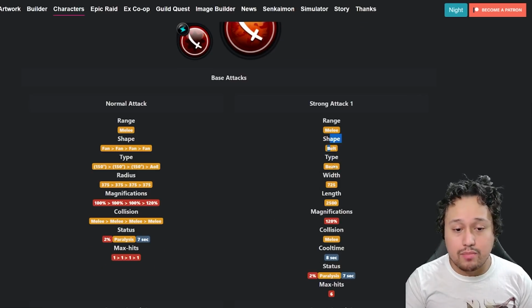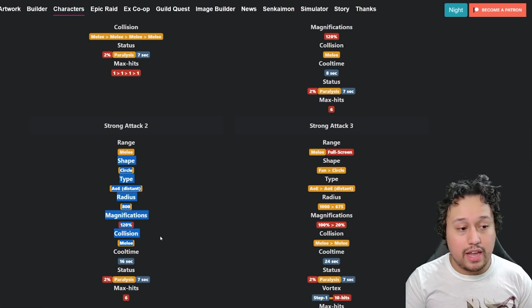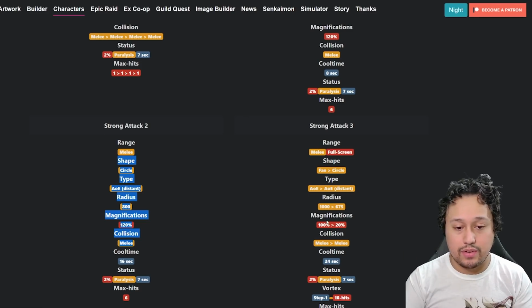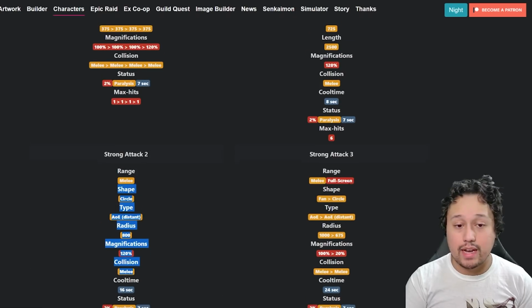Her first strong attack is going to be the 2500 length beam, pretty good. Second strong attack is going to be the 800 AoE distant, really good. And then her third strong attack is going to be the 1000 pull in with a vacuum into an explosion for 675 radius, which I do think is actually a really good strong attack when it comes to Guild